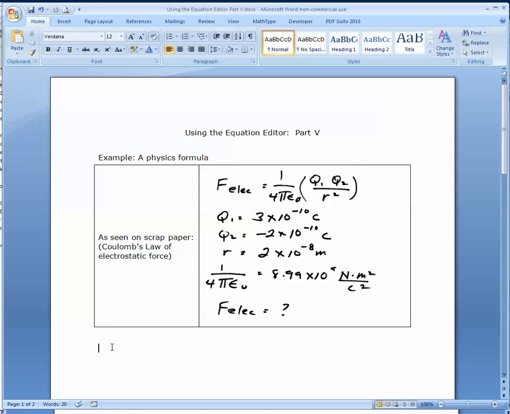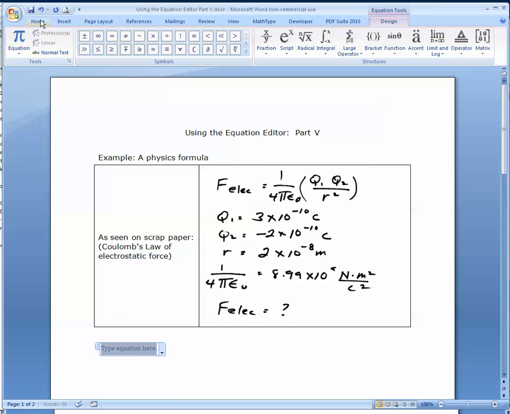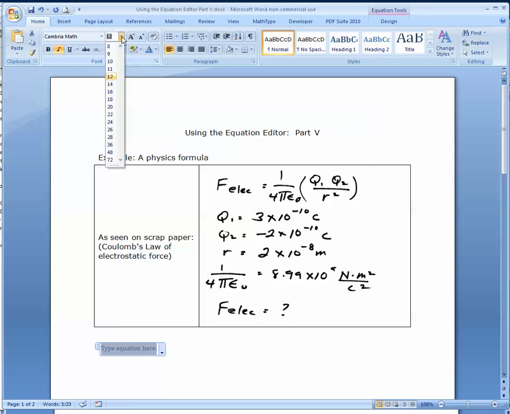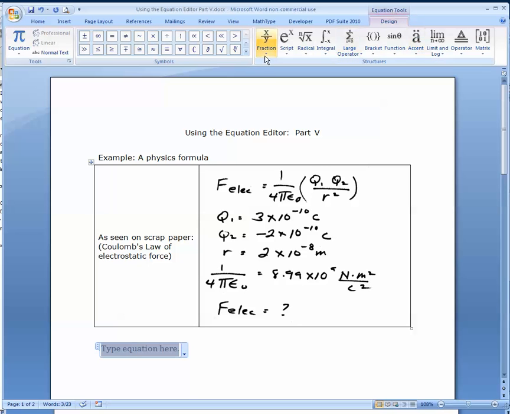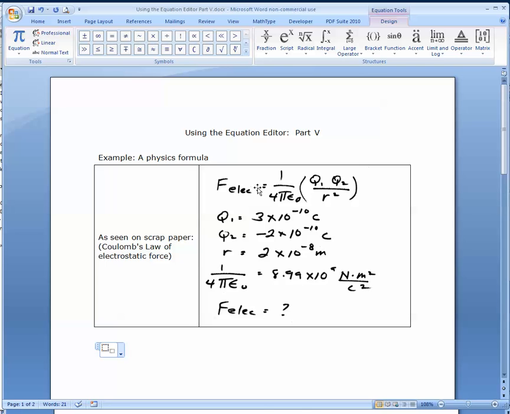We begin, as before, by selecting a line, putting a space in front of it, coming up to Insert, and going to Equation. Again, as before, we'll select a larger font to make the equation editor easier to work with. Again, by typing in the Equation Tools menu, the form for the E sub ELEC, which is an entity with a subscript, equal to